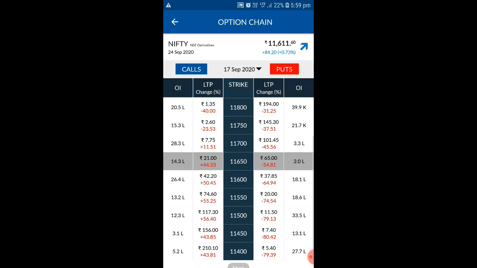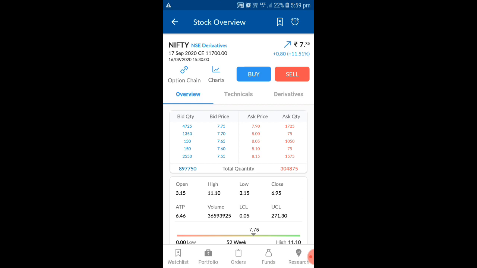So same thing here also, you can see whenever it is going up, there is not much profit here also. If you take 11,700, you can see there is only 80 paisa movement, because the entire market is an 84 points movement in Nifty, and at 11,700 not even 1 rupee movement. So that is the reason, if you are going for a higher level, you won't be getting much profit.